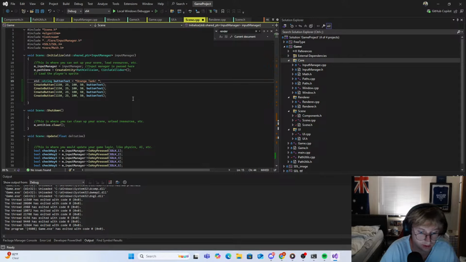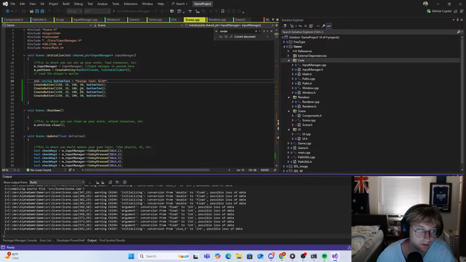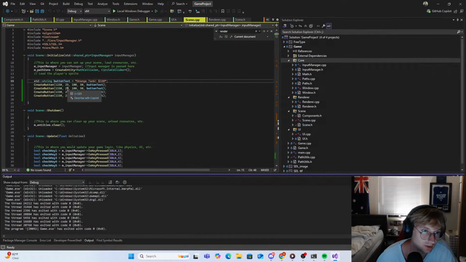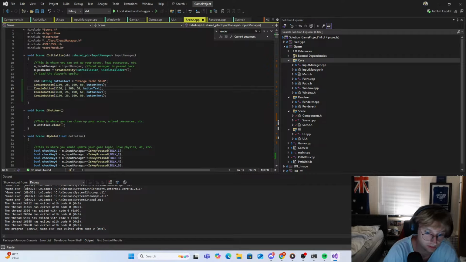This is gonna be like, I don't know, $50 or something. Oh shit, they're all gonna be on top of each other. I didn't change their Y distance. Whoops. Create button, float height. We want to double the height, so let's do like 75, 125,